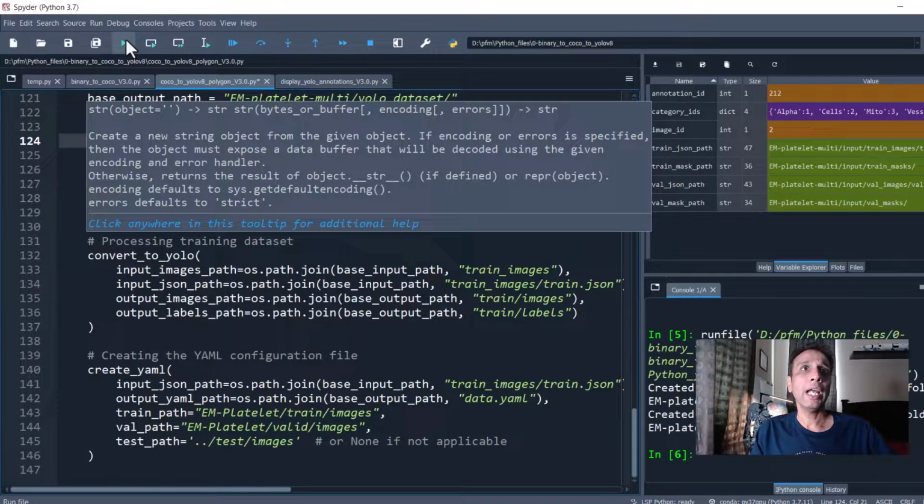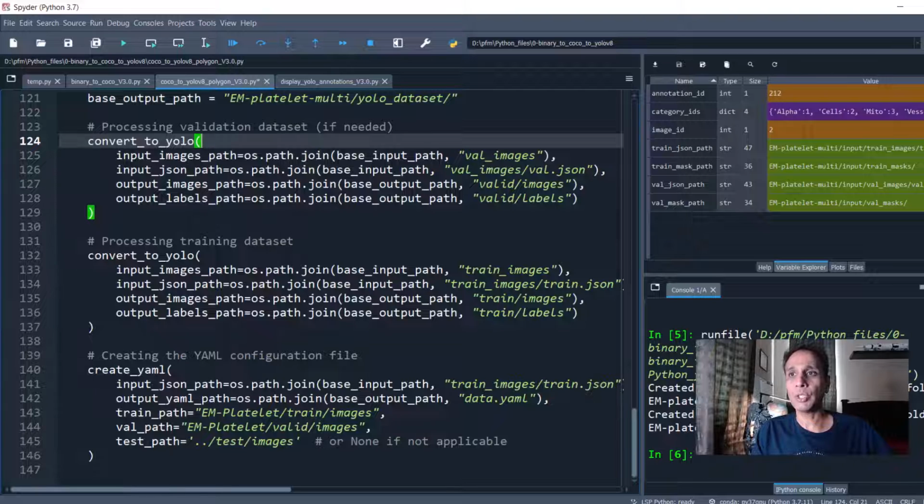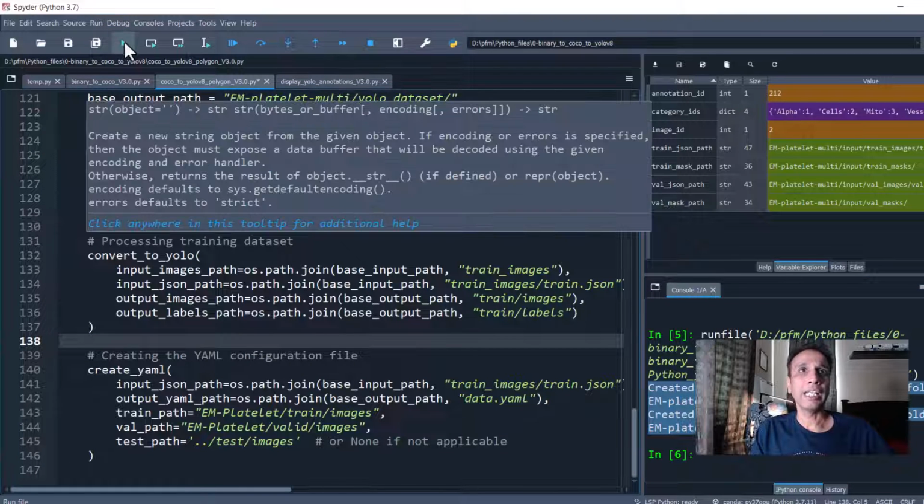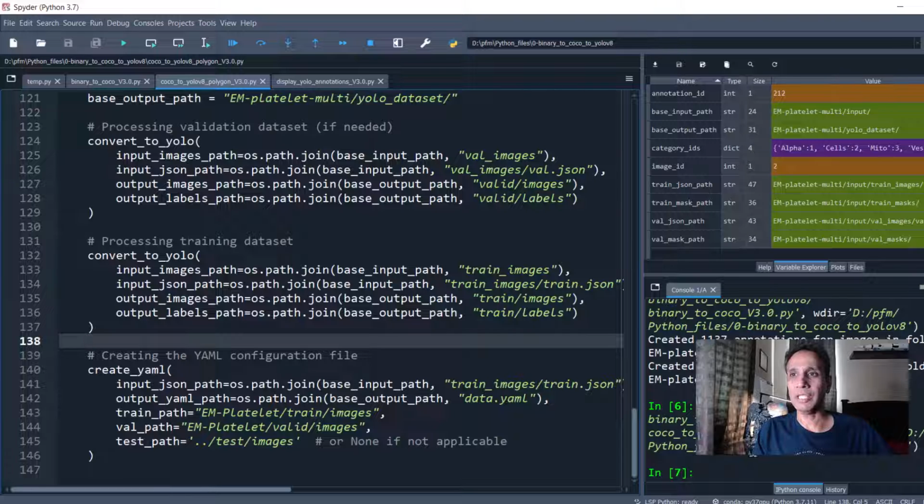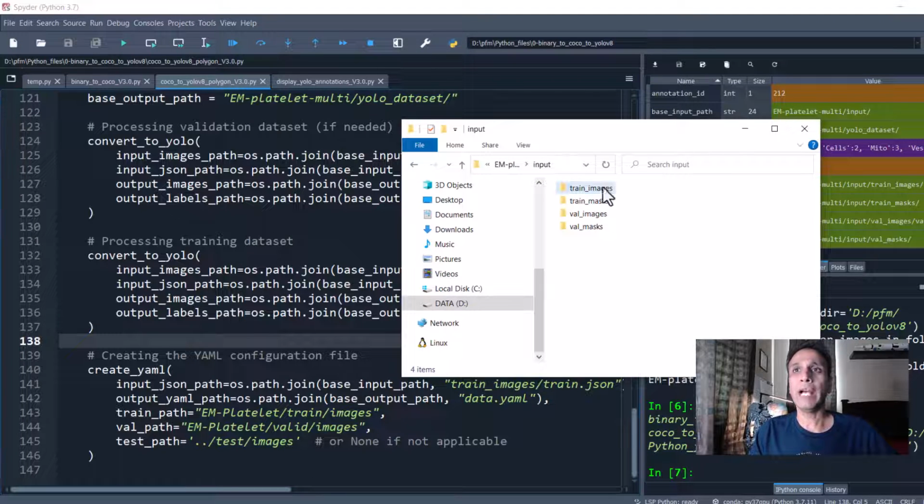So let's go ahead. I should have included some print statements so it shows me how many annotations. I think for this one I did not. For the previous one, you see we have some report, and you can enhance this code if you want. I was excited to record this video, forgot to add the print statements, but either way, now if I go